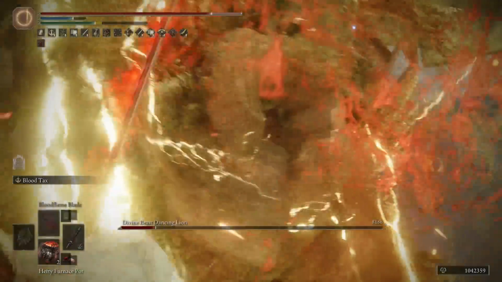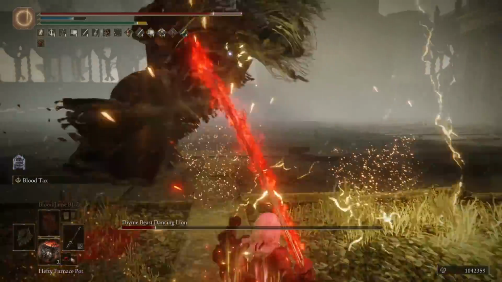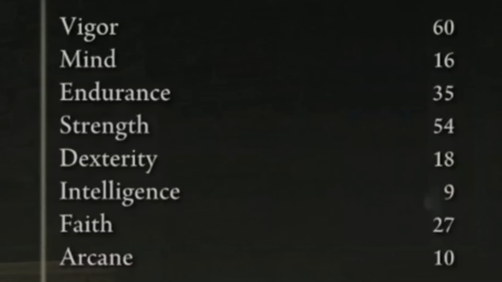Then with that covered, we of course should talk about how to spend your level up points. First, 60 Vigor, as usual, just for a good chunk of health to begin with to hit that soft cap, 27 Faith and 10 Arcane so you can use our spells and our seal, 18 Dexterity to wield the weapon itself, then 54 Strength because we use this weapon on heavy scaling to get the most raw damage out of it. Then you probably want a few bonus points in mind like I have here,